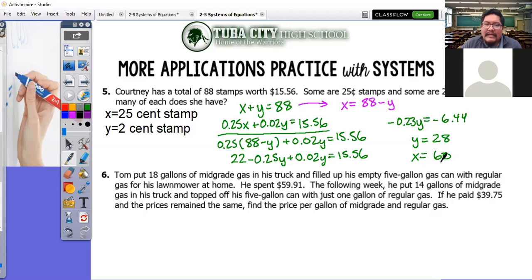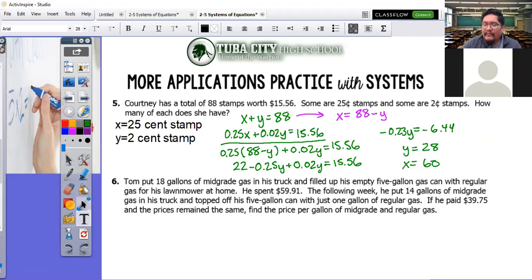Okay, so we actually got both of them, and we didn't have to use the second equation. So let's go ahead and list our answer. I'm going to put 60 of the 25-cent stamps,